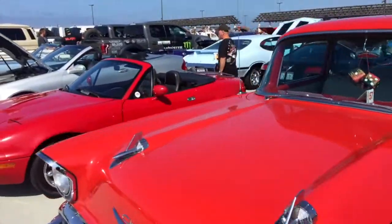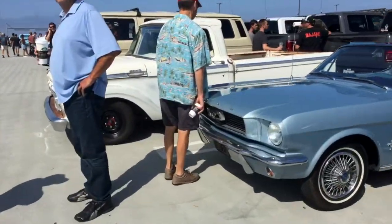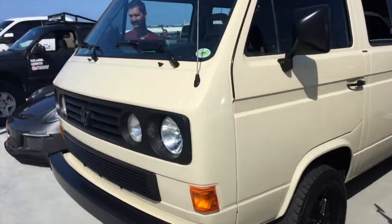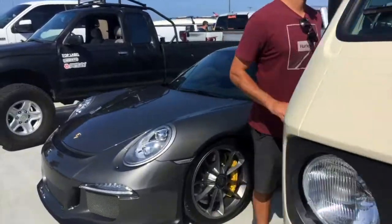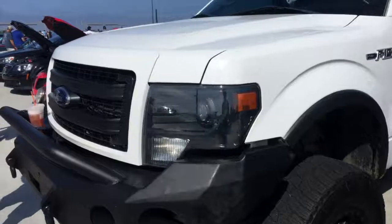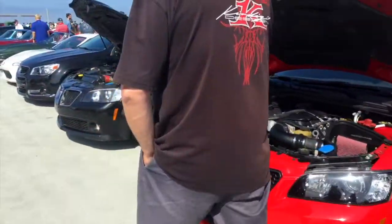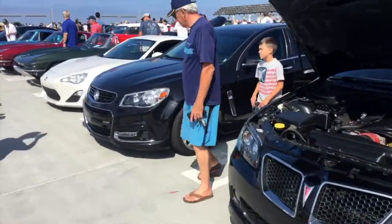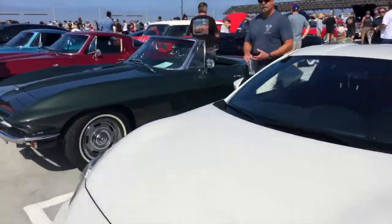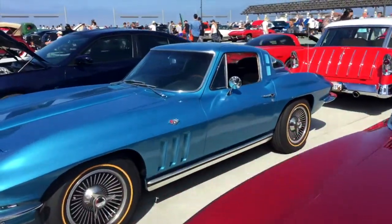GTO, 57 Chev, Miata, Mercedes, old Mustang there. Great looking old Ford truck there. Rusty Ford truck, yeah, but it's still good. Got some character. Volkswagen, Porsche, little Tacoma F100, classic old 911, and then some G8s, and then a Chevy SS, which is badged as a Holden, Toyota 86, a couple of Corvettes, 3 Corvettes in a row, and then a Hellcat